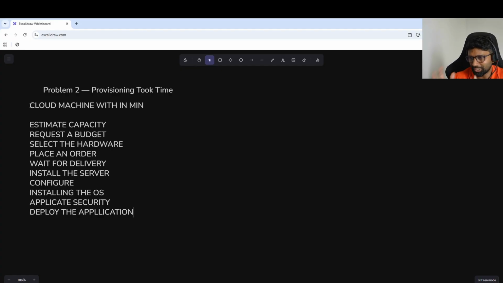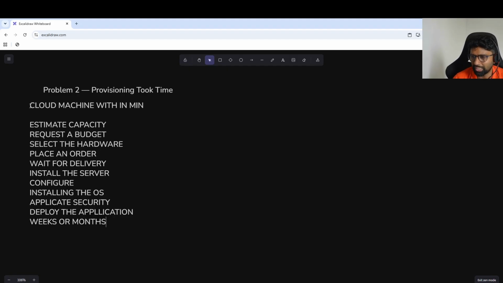These are some of the steps that I remember doing. There might be a few more, that's okay, but overall I would like to give a picture of how infrastructure provisioning looked in the past. Now this could take weeks or months, majorly months. In my experience, it took months, especially, not weeks.